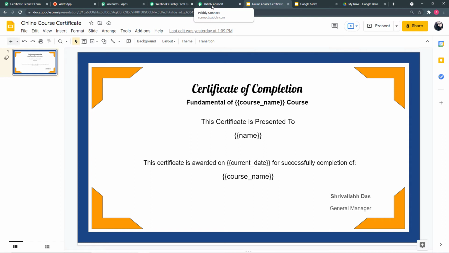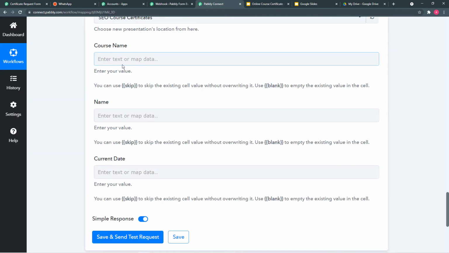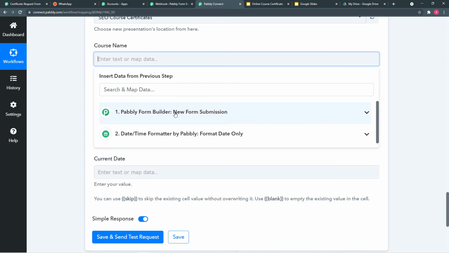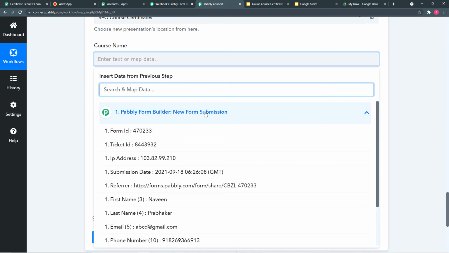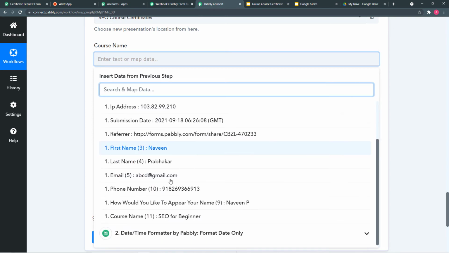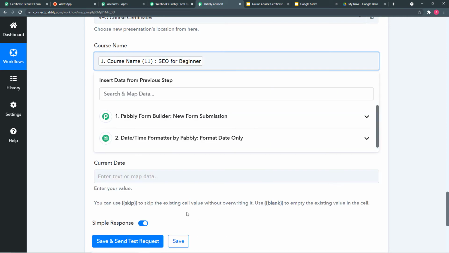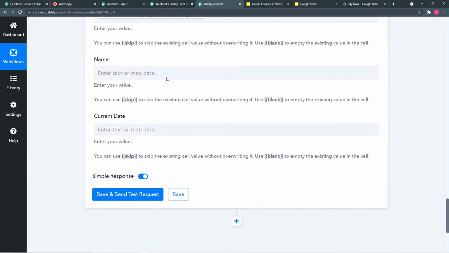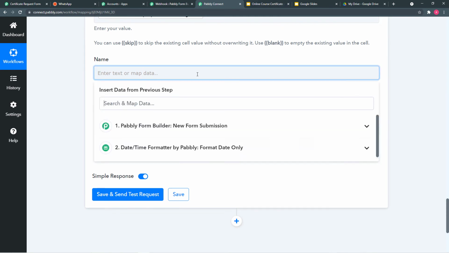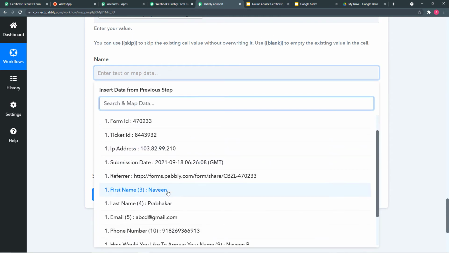All right. So you can see the course name field is here according to our template. So you can just map the name of the course by clicking here, and when you click on this form response option, you will find the data of your course name also. This is the course name, map it from here only. And in the name, we are going to put the name of our student from here only,